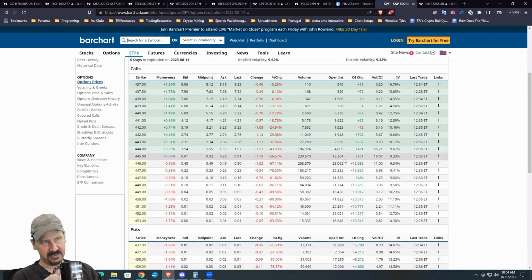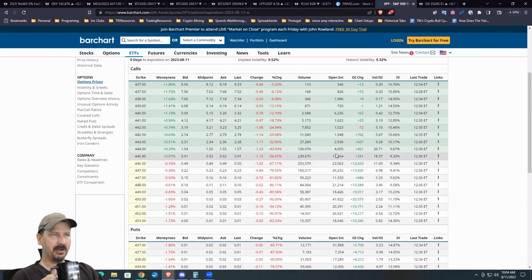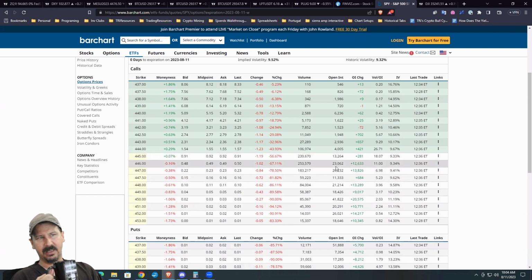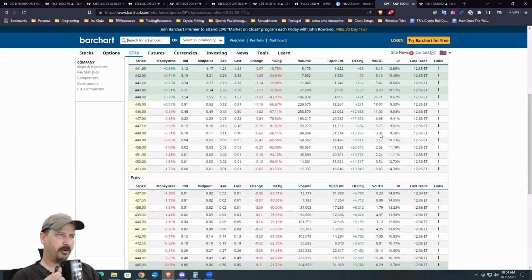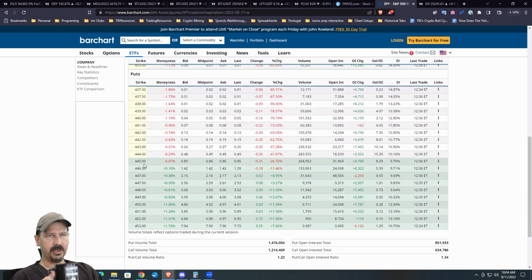446. 13,000 is not too bad, but these 20s, 20s, 20s, then there's big 40 up here. I don't think they really want these to expire in the money. And then notice, look at what they're on the hook for now. It's almost nothing. It's laughable in comparison. So my hunch is they really want this thing probably to go out just above that 445 level. And if we come down here to 445, I'm actually a little surprised that there's this big number here at 447. That actually tells me that that's where they want this thing to go out.